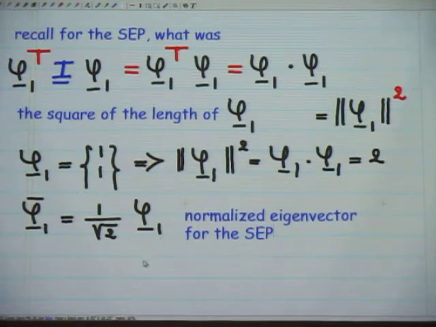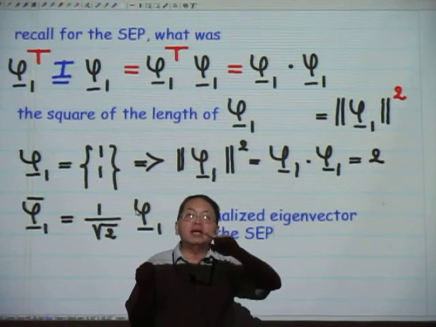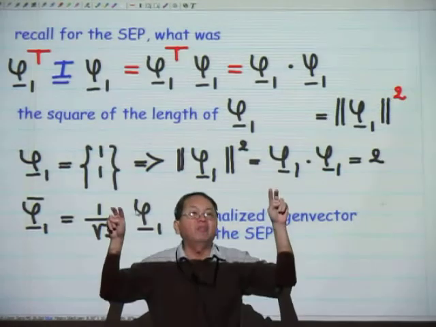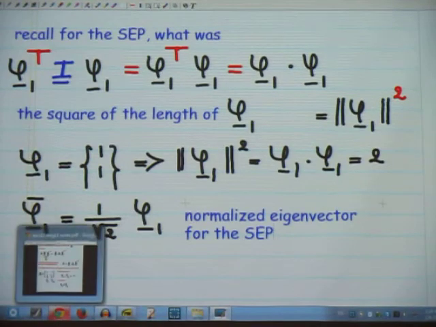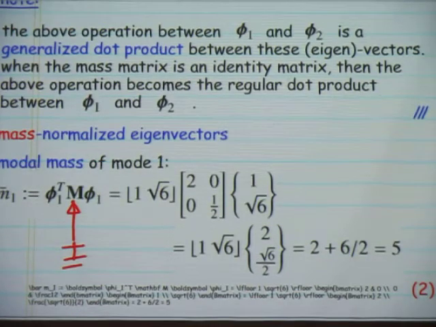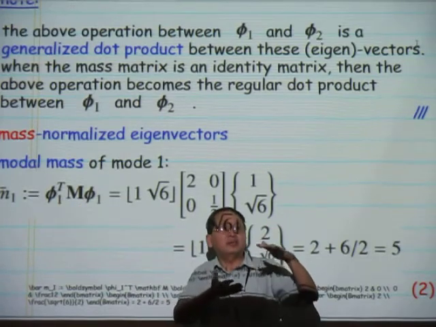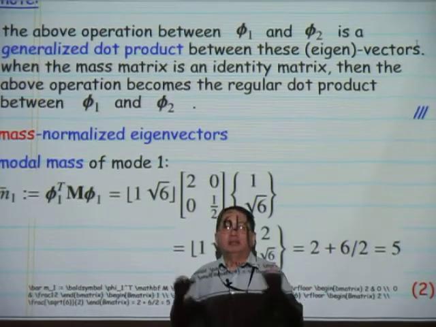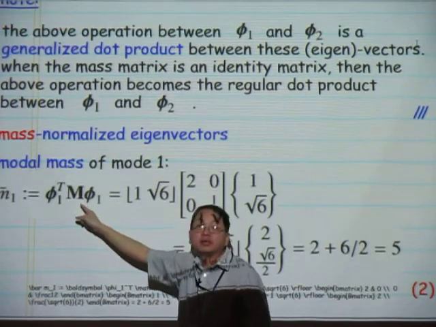So similarly, when the mass matrix is not an identity, then you can interpret phi1 transpose times the mass matrix times phi1 as the square of the length, the generalized length. And that generalized length is the modal mass. And this is getting into dynamics now. That's why the name modal mass, because it will be the mass for the modal equation once you decouple the two equations of motion. So the modal mass m1 bar is defined as phi1 transpose times the mass matrix